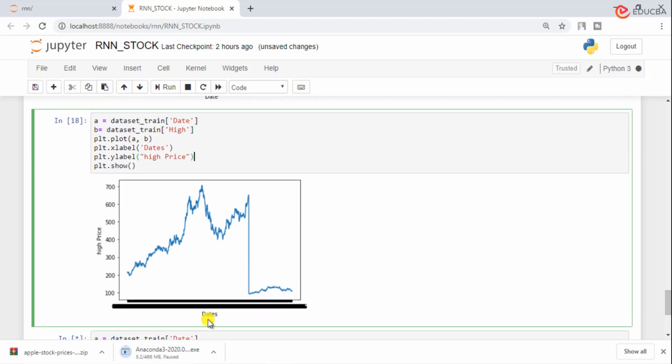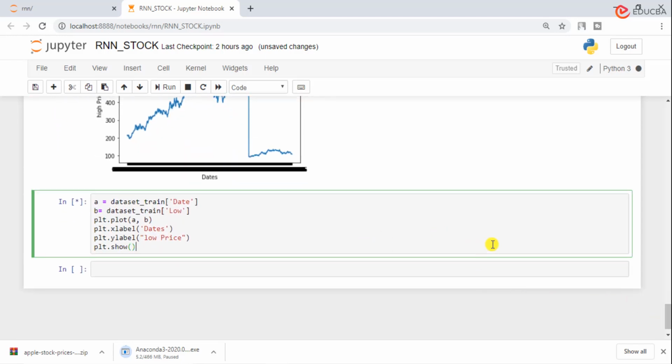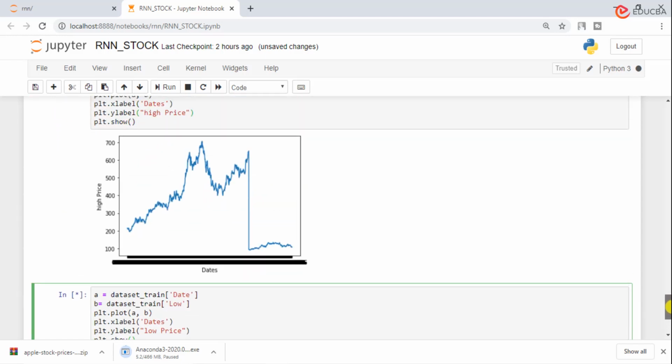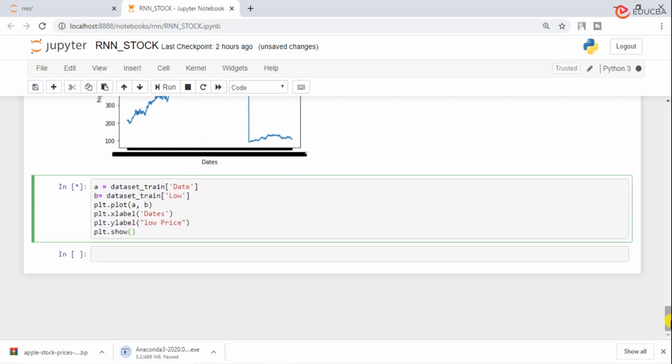This is the high price graph. Again, it's kind of similar. And this is the low price graph I'll get here. Here, as you can see, the highest price is 700. And here I will get the graph for the lowest price.